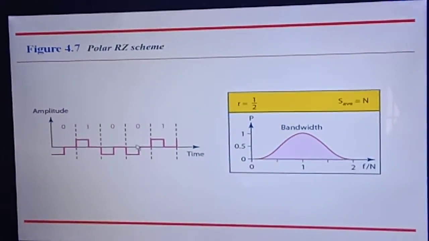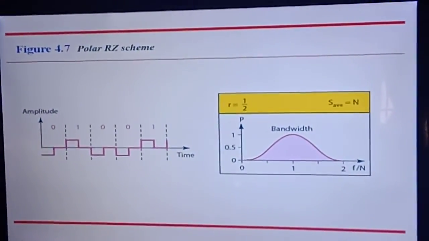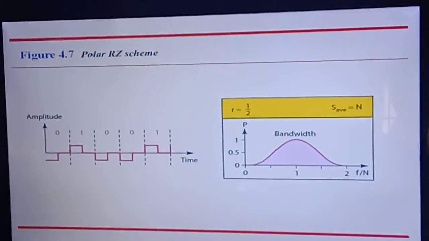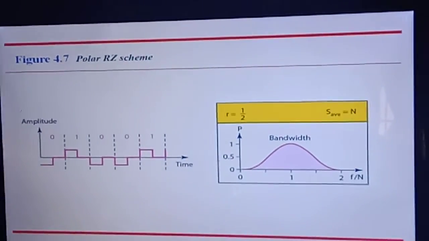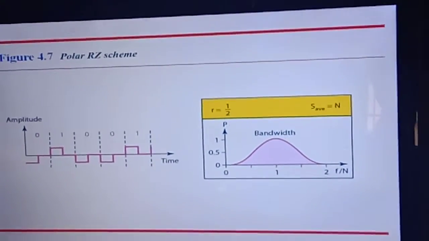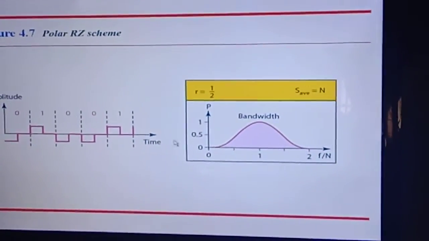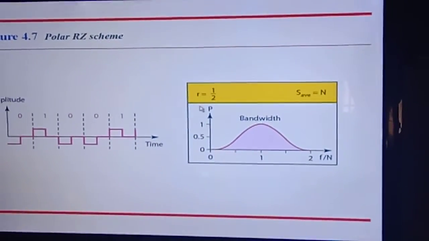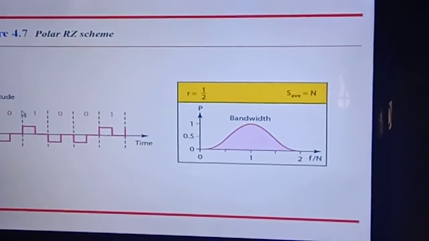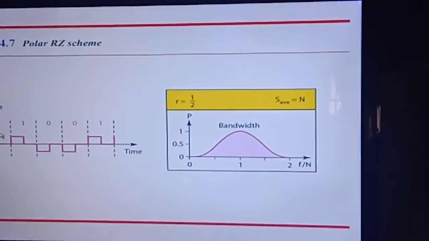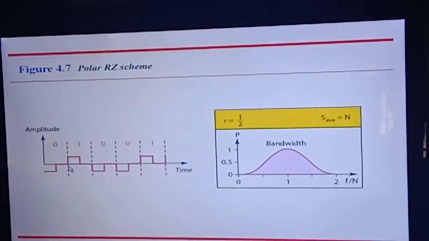So this is how we are altering the signal. This is a little bit confusing when comparing with the previous two methods, but it is advantageous because there is no DC component, that is, the signal cannot be interrupted and is not inaccurate. But coming to the signal rate, the average signal rate is n because this occupies double the bandwidth of the previous signals, because here alterations can exist in each bit, but in the previous one there are no alterations within bit intervals.